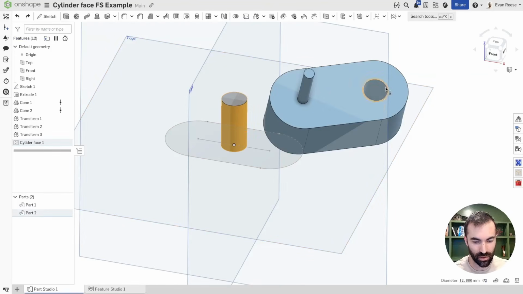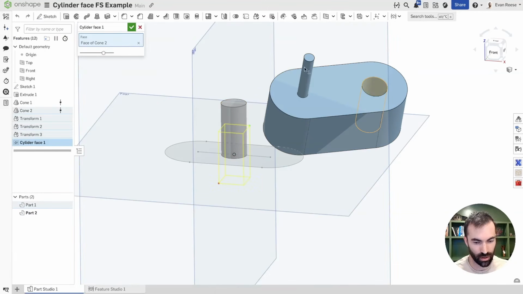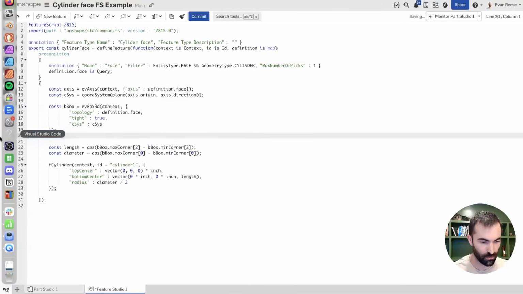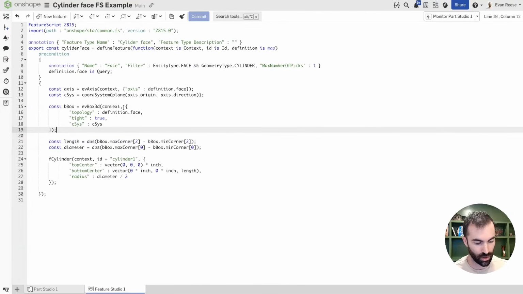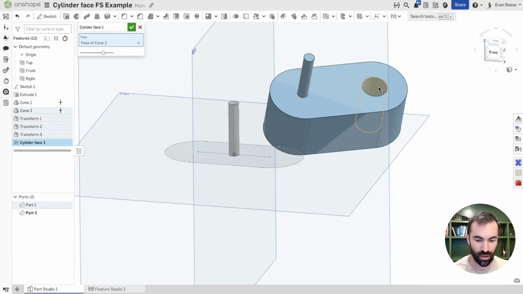All right, and we've made a cylinder that matches the cylinder that we picked. I can also click that, and it will do that one. I can get rid of these debugs now. I don't need them. Command S to commit. Come back over here. So now we are creating a copy-ish, a cylinder of the same size as the one